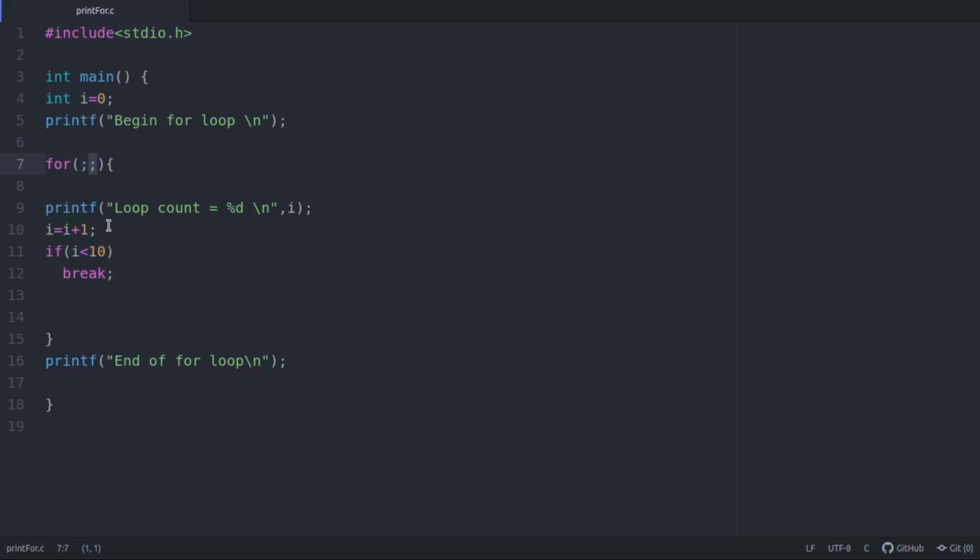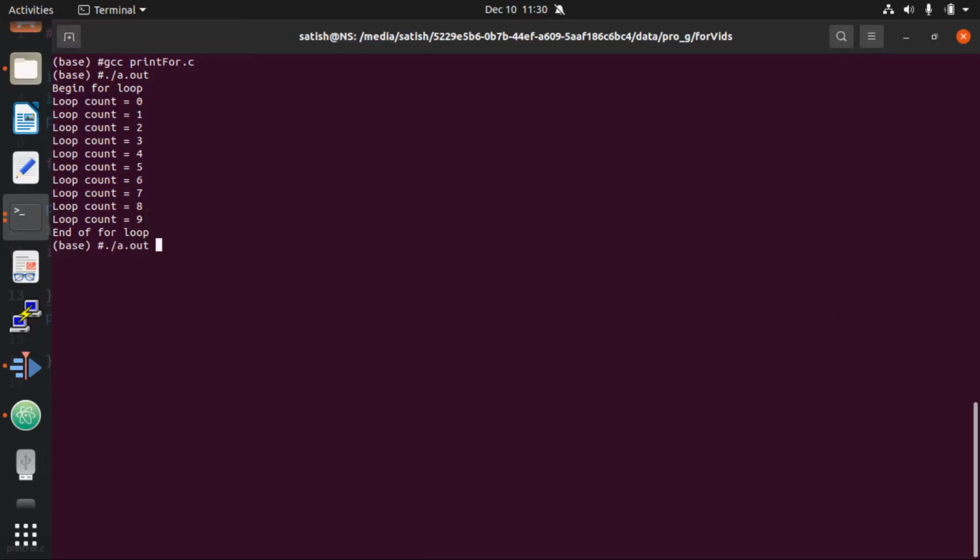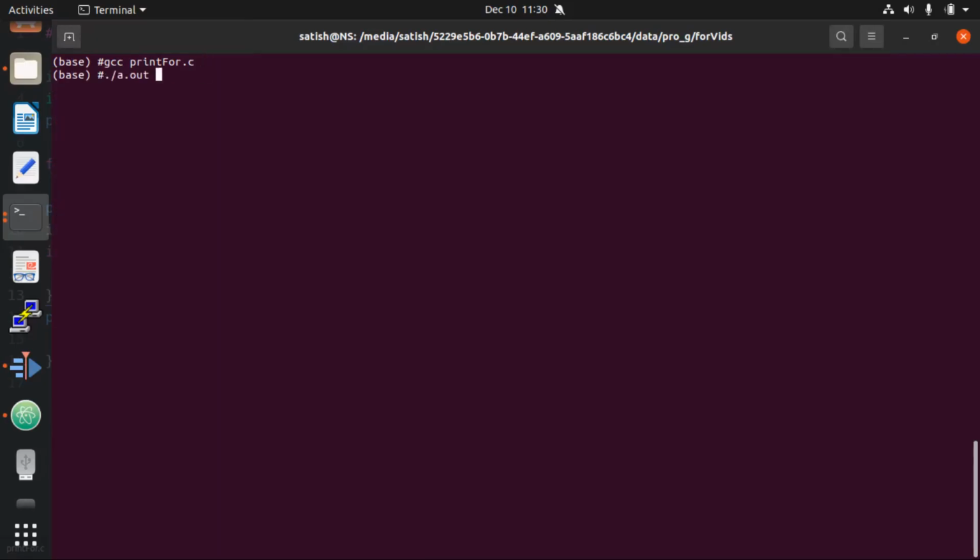The logical part of it you can implement anywhere else, that is, inside the for loop. Maybe you want to increment conditionally, increment the value only if i is an even number or an odd number, something like that. Or you want to break out of the for loop only when a certain condition becomes true. All those things can be implemented using this format. So if I execute this loop, the output should look exactly the same as what we have just seen.